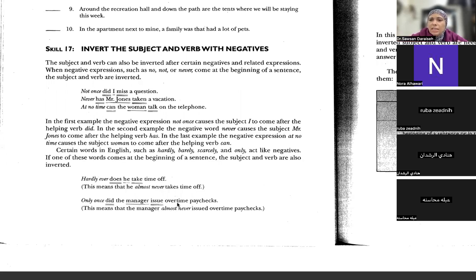Overtime شو يعني؟ يعني مش بس المطلوب منهم ساعات العمل تبعتهم. No, overtime اللي فوق ساعات العمل, عبء إضافي. يعني بس مرة واحدة المانجر المسؤول أعطى دفع زيادة للموظفين لما اشتغلوا